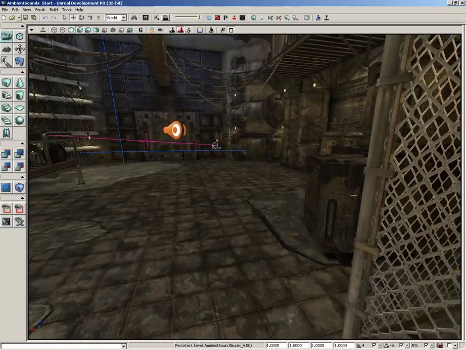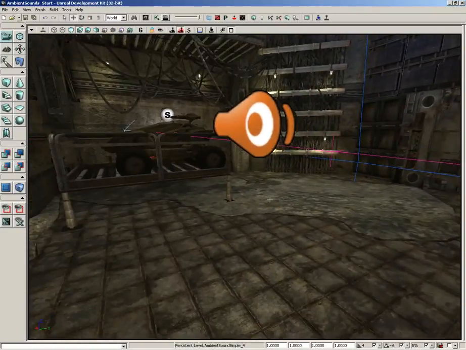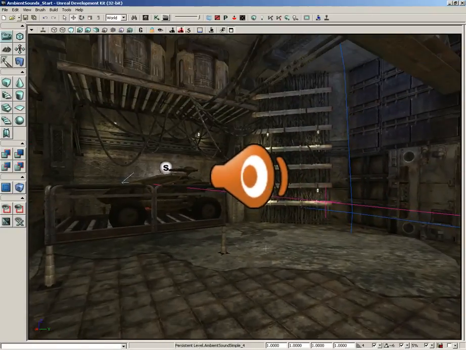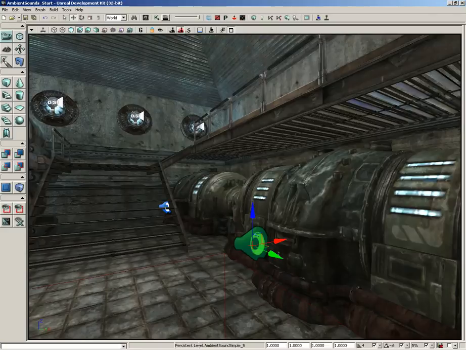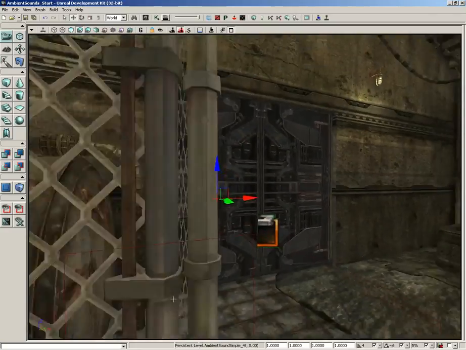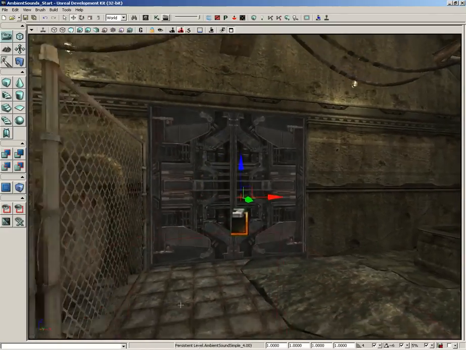Alright, at this point we have a system set up where we have an ambient sound with some wind and some spooky sounds coming from this ambient sound actor. And then here in the back room we have two ambient sound simples that are creating some nice sound effects for our generators. However, there's a wall dividing the two,